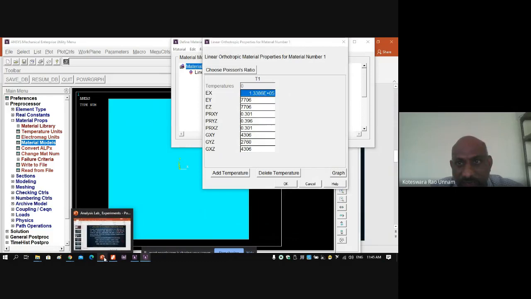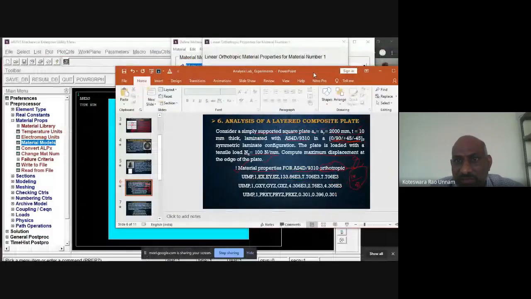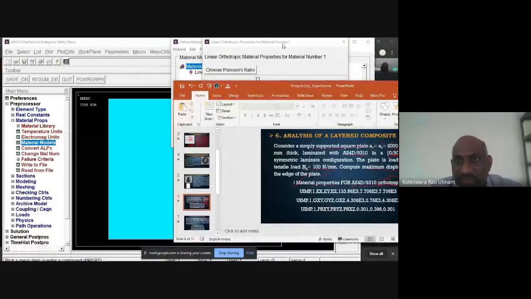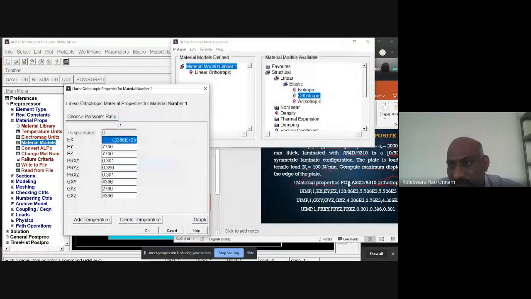The properties given in this problem, I entered here. If you see, EX is 133.86 E3, which is nothing but 1.3386 E5. Then Ey is 7.7 E3, meaning 7706, and Ez is also 7706.